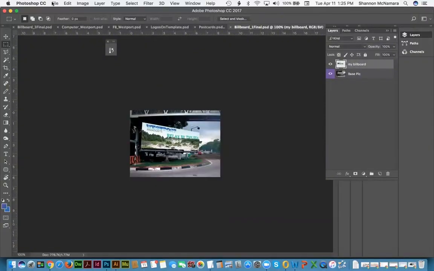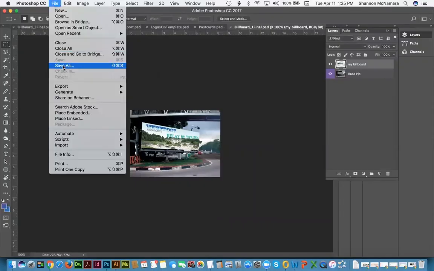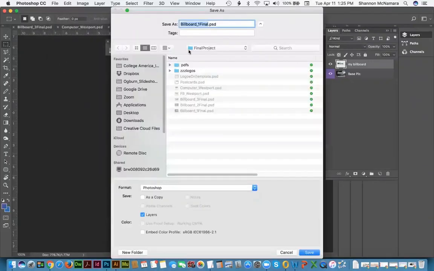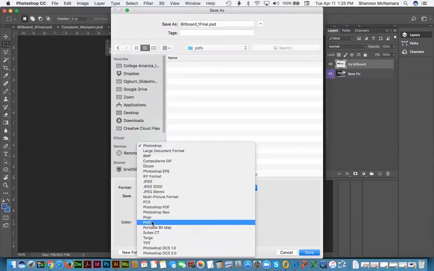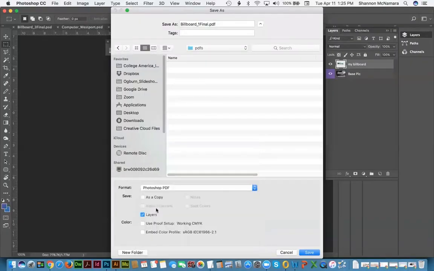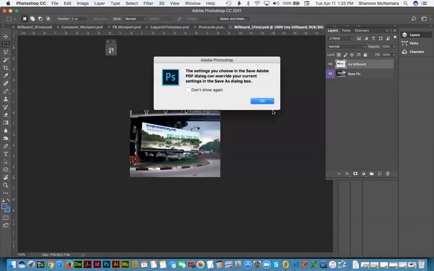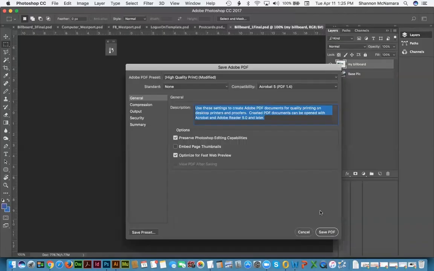So just go through and say File, Save As, go into your PDFs folder, change it from Photoshop document to Photoshop PDF, hit save, hit OK, hit save,